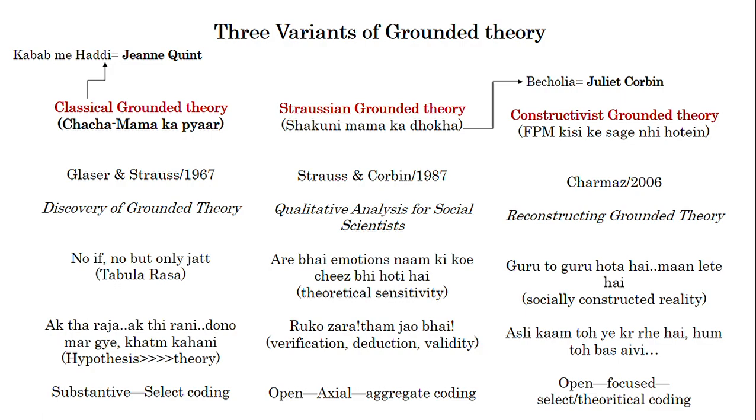So classical grounded theory, as I said, sticks to positivist, and the Straussian grounded theory is more towards the post-positivist aspects. Now what is post-positivist and positivist? As I said, positivist philosophy says that there is only one reality. Post-positivist is basically what happened next. So here also reality is not experiencing much change, whereas the constructivist grounded theory is basically your movement towards the interpretivist approach.